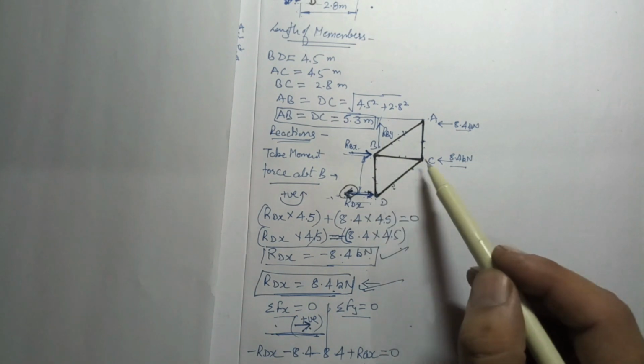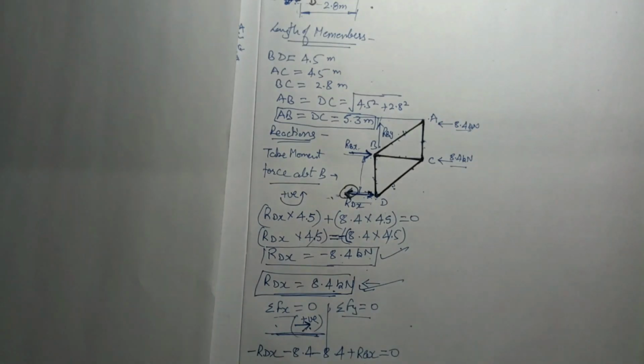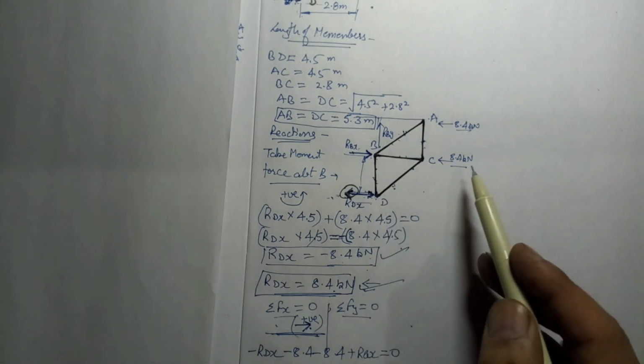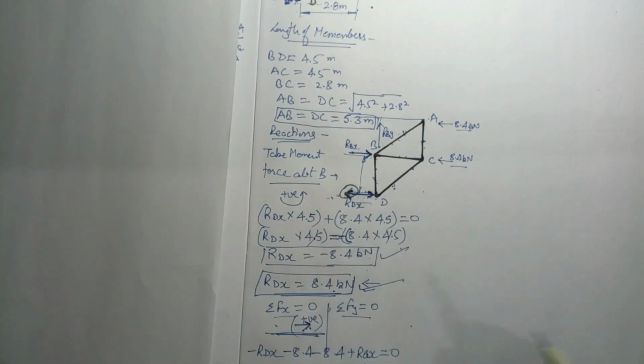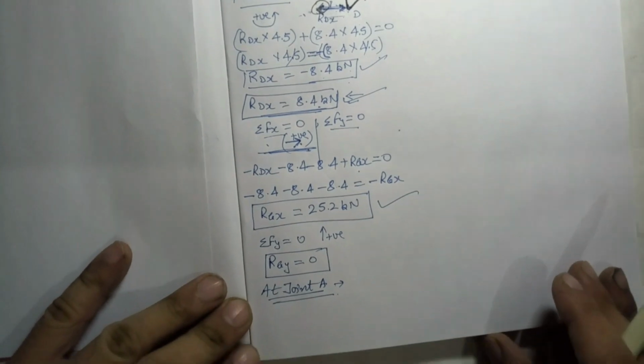If you go for B or C, what will happen? Your equation will have 3 unknown variables, so it will become a complex mathematical equation, and then you have to again make an equation of unknown variables. Then you will go for the next joint and again fill in the values. Just to avoid that, I'm using this tool.